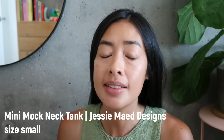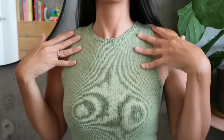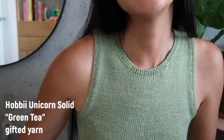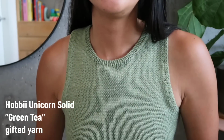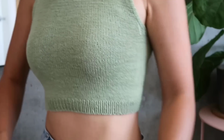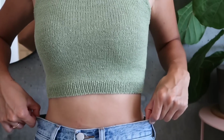I am wearing the Mini Mock Neck Tank designed by Jessie Maed Designs, and this is in yarn that was gifted to me from Hobbii. I'll give you guys a look at it. The color is called Green Tea. The yarn is Unicorn Solid, and it comes out pretty cropped. I'm wearing high-waisted jeans, and